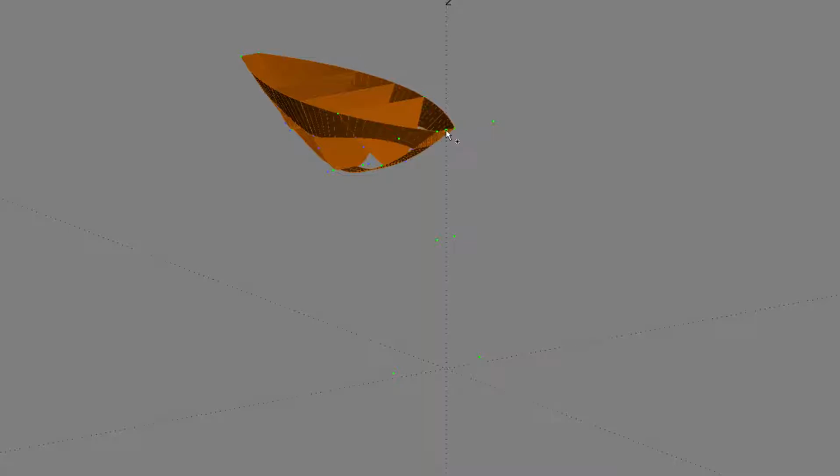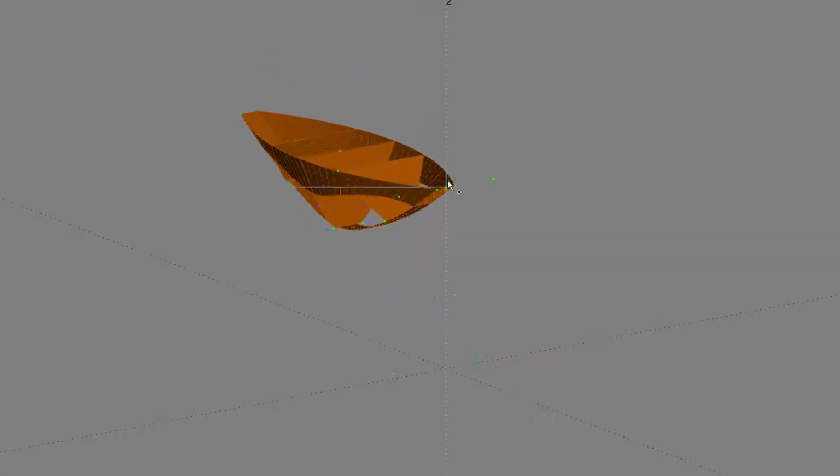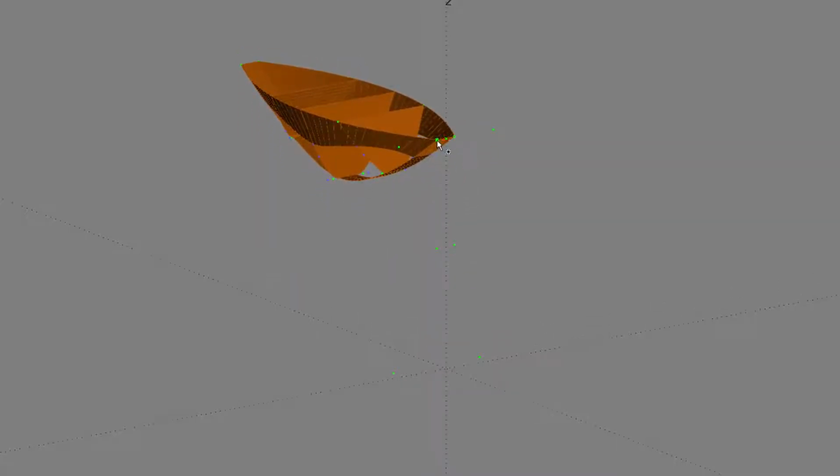I can change the position in comparison to the floor. I can change the width. I can change the position of this section. I could change the angle of the section. I could change the height of the total. And as you can see, everything changes with every